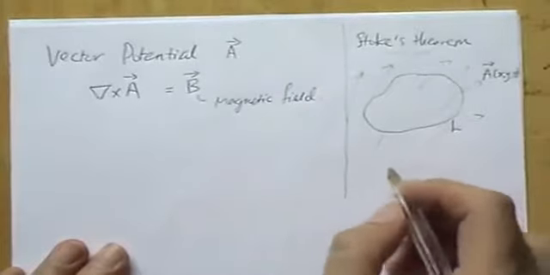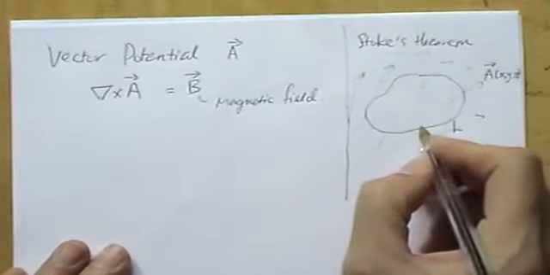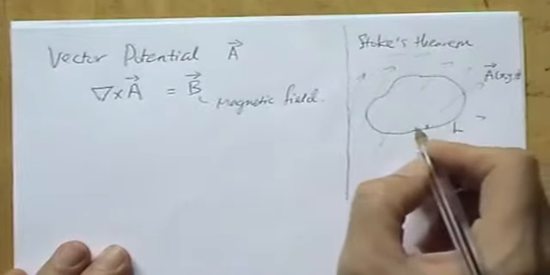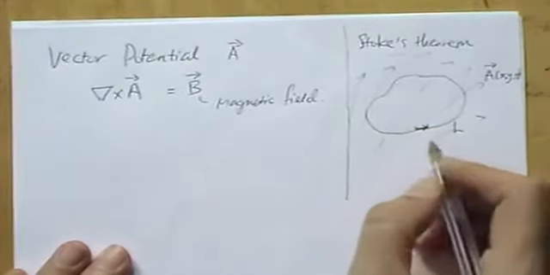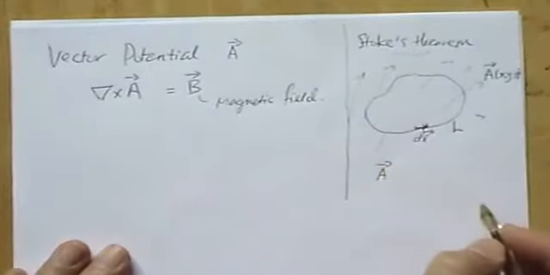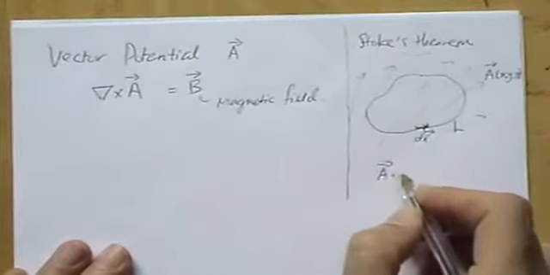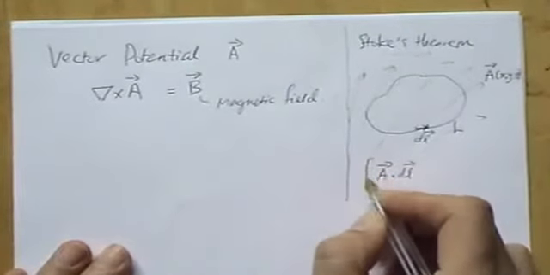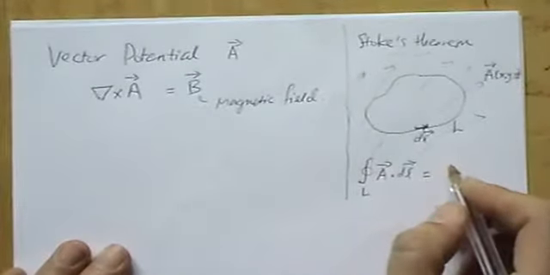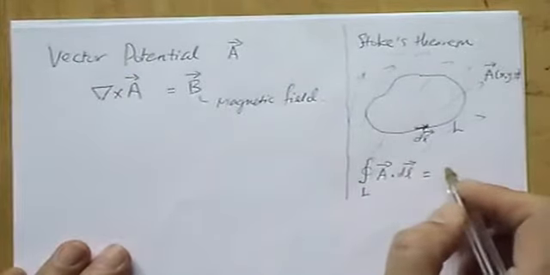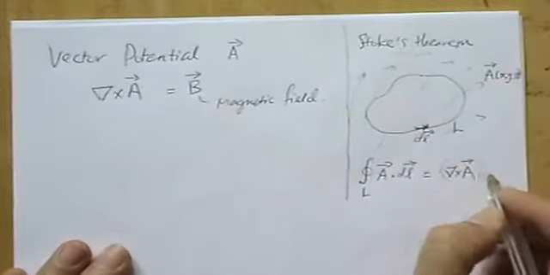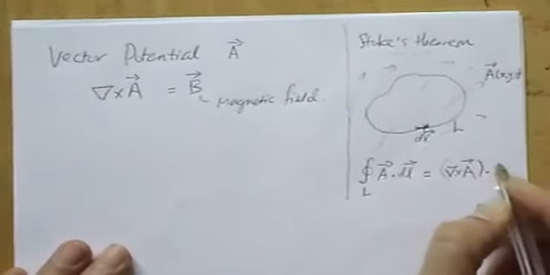Stokes' theorem says that if you think about a short section of this loop as a vector dl, and if I take the dot product of A and dl and integrate it around the loop, then the result is equal to the following: I take the curl of A and take the dot product of the curl with